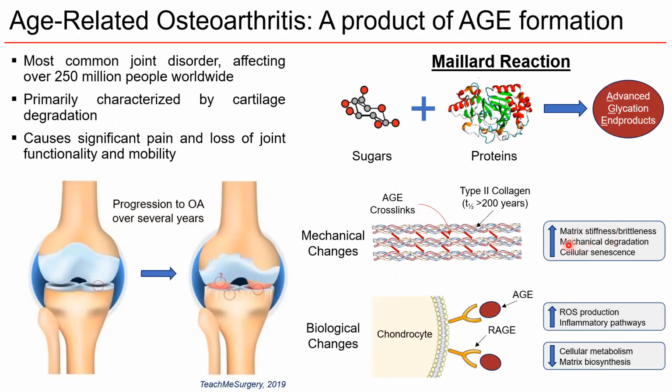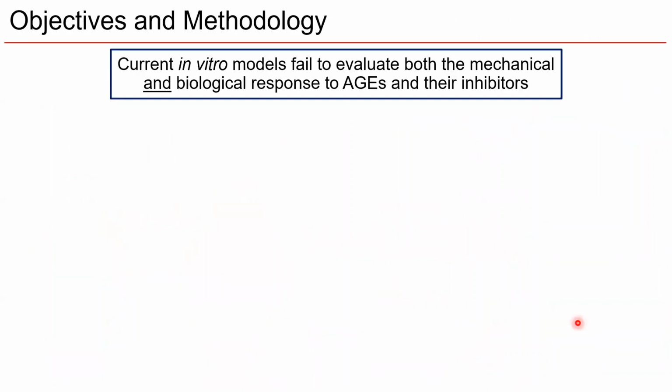Once formed, AGEs can also bind to their receptors, RAGE, on the surface of cartilage cells or chondrocytes. This triggers the upregulation of oxidative stress and inflammatory pathways, while reducing matrix biosynthesis, leading to the biochemical breakdown of cartilage. Currently, however, there are no in vitro models that accurately capture both the mechanical and biological response to AGEs